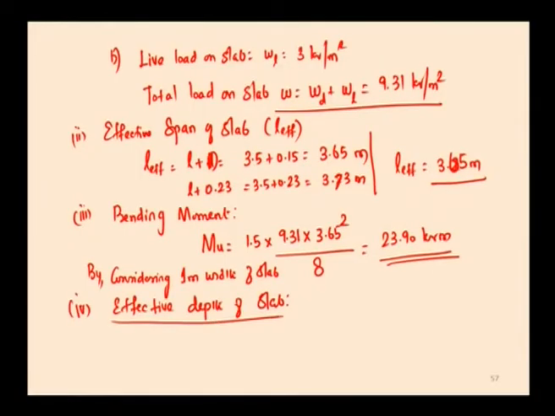Normally, we are designing the slab for 1 meter square. So, on width, I am considering 1 meter width of the slab. The effective depth of the slab is found by equating